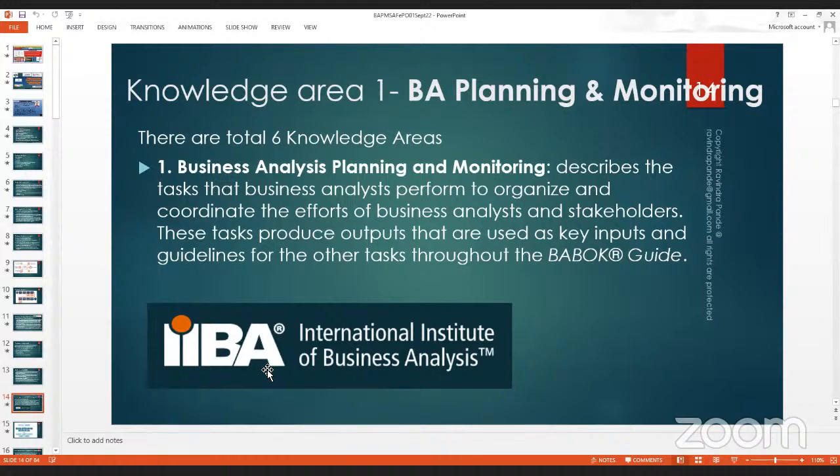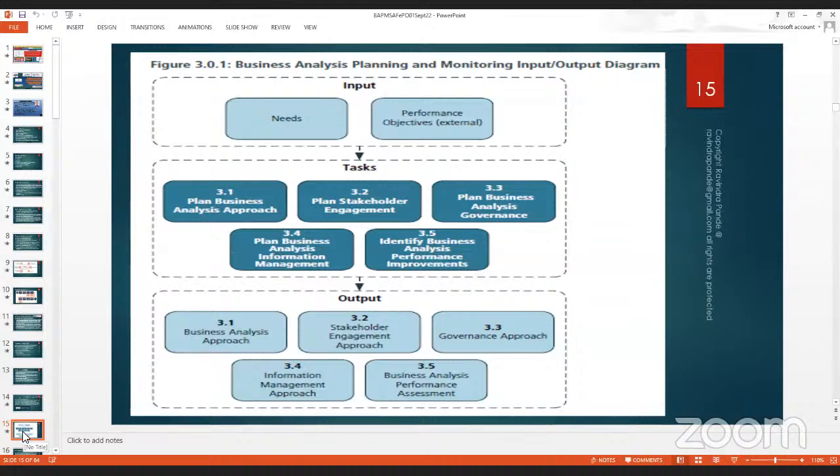Okay. So last time we had a look at the first of the six knowledge areas, business analysis planning and monitoring. As good business analysis best practices, get your house aligned in terms of how business analysis is to be done, and what type of monitoring techniques I'm going to implement there, and so on and so forth, right? We discussed these things in terms of input, tasks, and output. Here we try to understand the needs and the performance objective in terms of